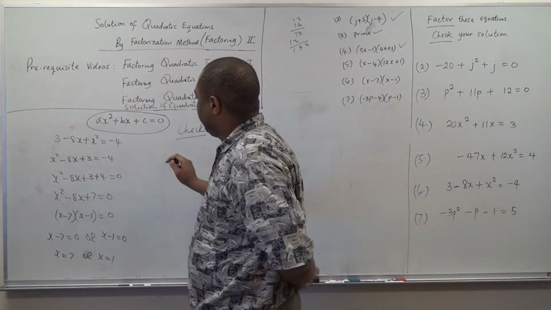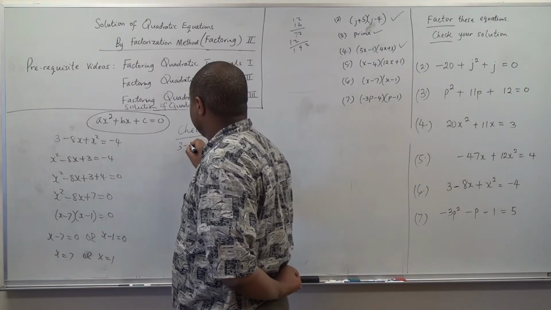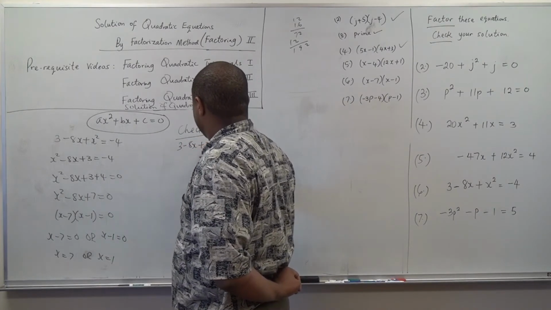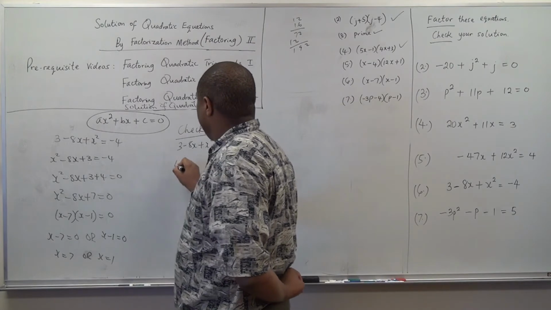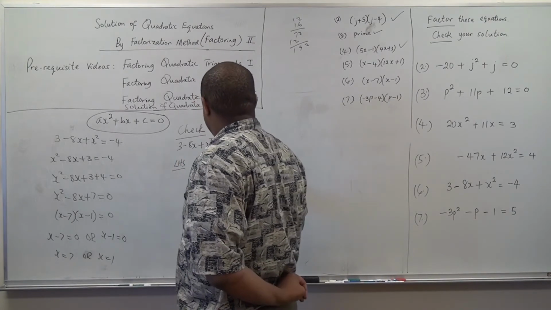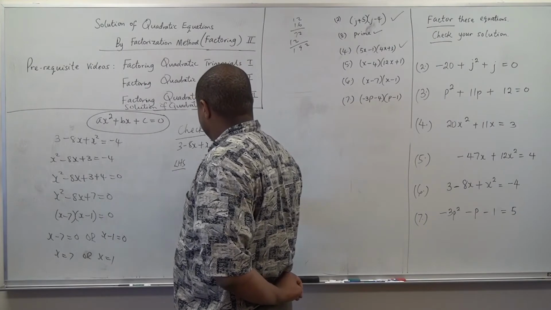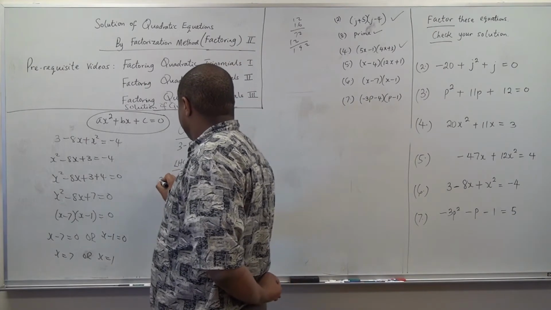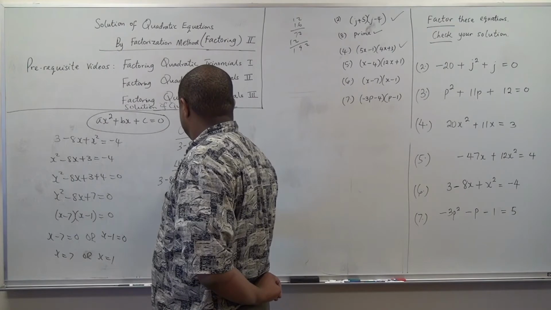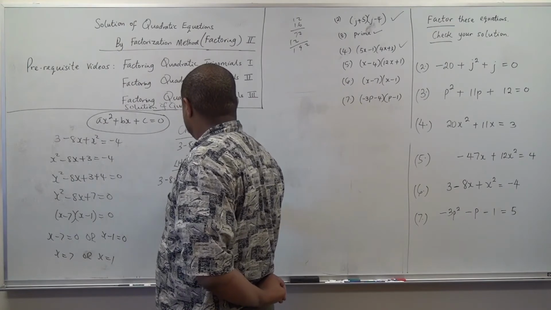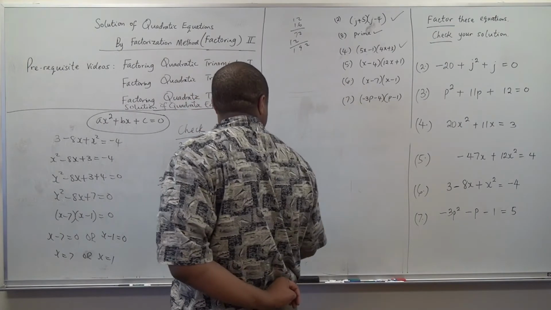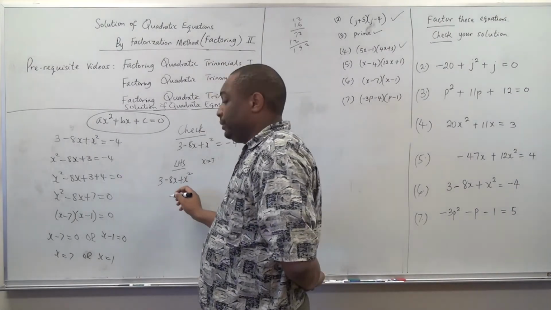When we check from the main problem, 3 minus 8x plus x squared equal to negative 4. Left hand side, right hand side. And we want to check it for x equal to 7. So 3 minus 8x plus x squared is the left hand side, and negative 4 is the right hand side. So this will be